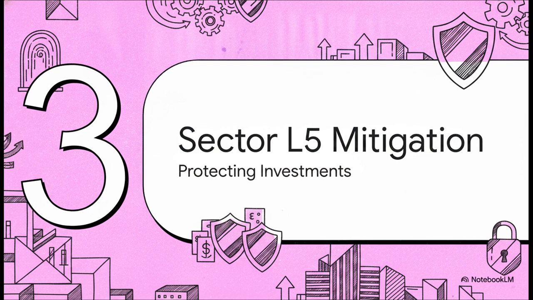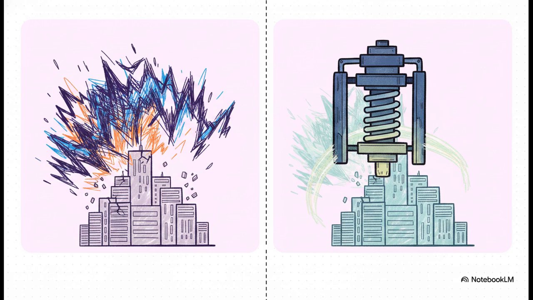Let's pivot to Section 3, Sector L5 mitigation strategies and how we're protecting our investments. When you weigh that dimensional risk directly against our Metatropolis solution, the path forward is actually crystal clear. That dimensional volatility threatening our structural integrity is completely neutralized by our heavily engineered Sector L5 power dampeners. This is the exact point where our R&D transitions into active defense, neutralizing the volatility way before it can ever reach the wider city infrastructure.